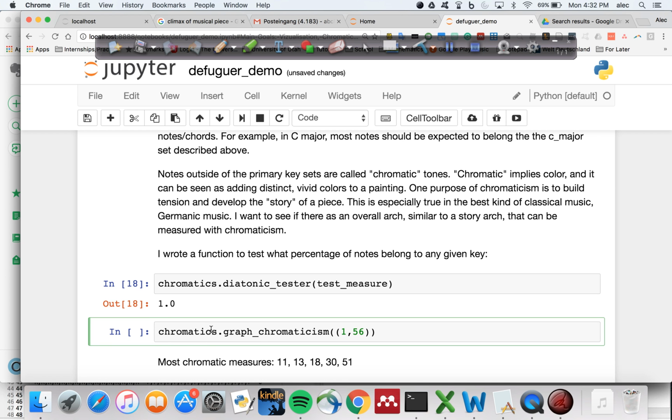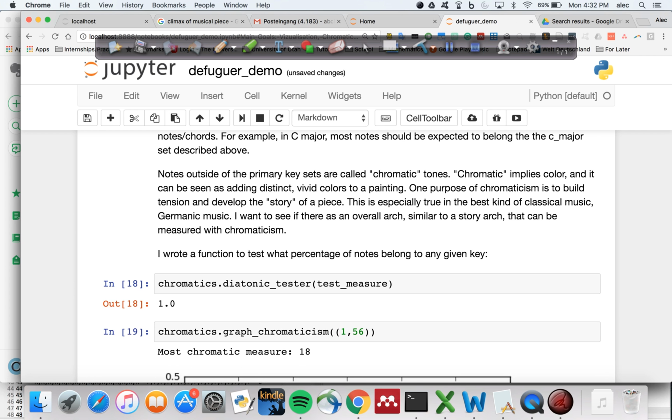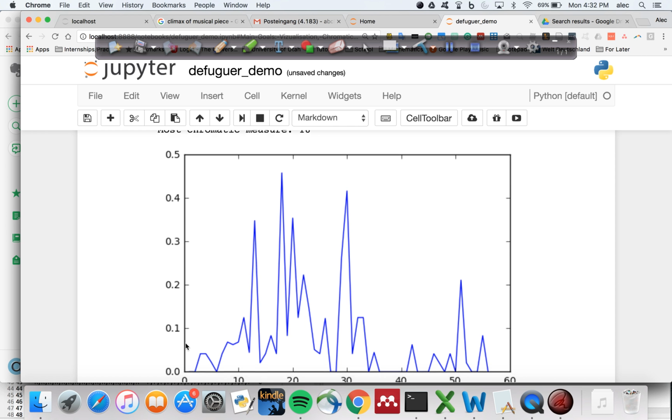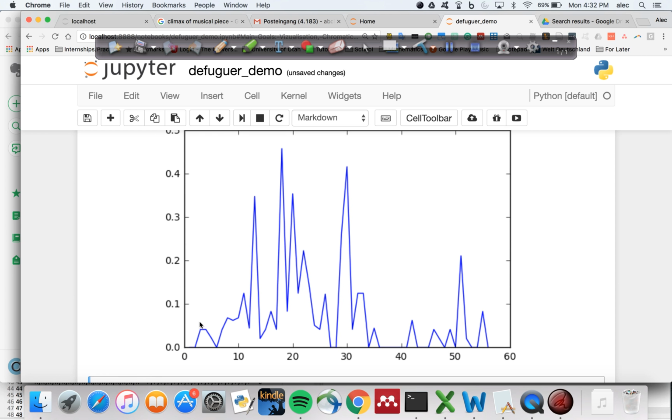Now, this will graph the entire piece according to its chromaticism. So you see here, it starts with 0% chromaticism, everything is diatonic, which again is what you'd expect. So these first 6 measures are what I played earlier, and these are the introduction. There are a few unusual notes there, but in general it stays very close, and this low point here is when the introduction ends, and when all the music has been introduced, all the voices have been introduced, and then